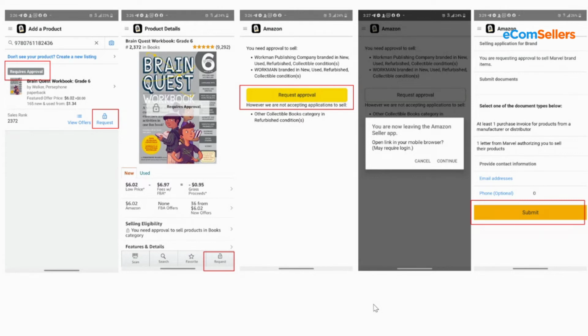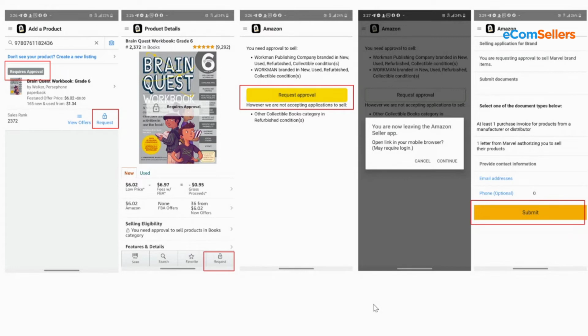When you click into the product, you also see in some cases, and they're fairly inconsistent, I don't know why that is, sometimes you get the little padlock when you click into the product as well, and you'll see the request button there. So again, there are times when you're going to see it in both places. So if you see the request button, you can click on the request button at the bottom of the product,